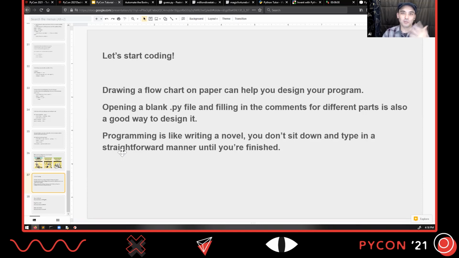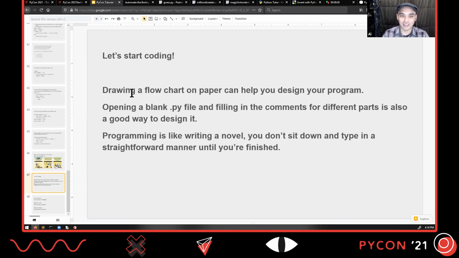But writing a program is kind of like writing a novel in that you don't just sit down and start typing chapter 1 and then you're done with chapter 23 and you're done with the book. You're going to be going back, making edits. You're going to be rereading through different parts and seeing if they make sense. And so, what I sometimes like to do is just take a sheet of paper and sketch out a really rough flow chart,